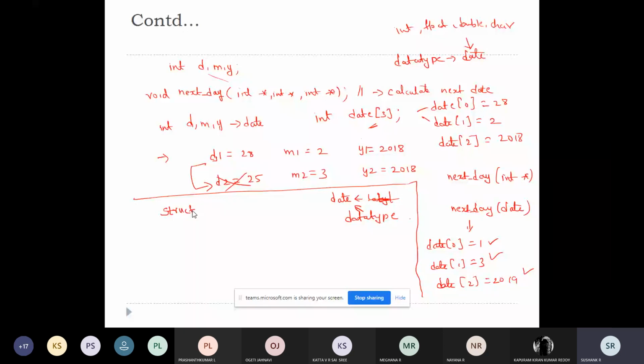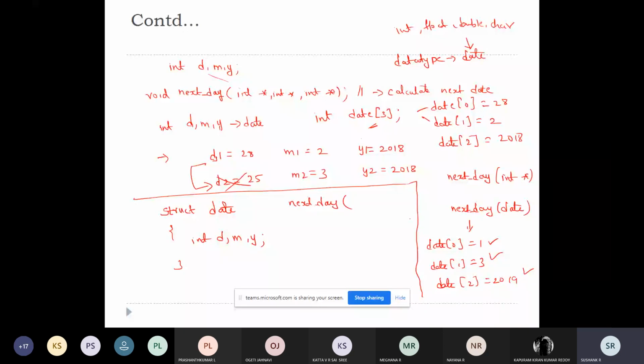And also you know that a structure will support elements of different data types. So you can create your own customized data type with the struct keyword, then the struct name, then the variables. After this, you can even modify the next_day function. It is taking the struct as its parameter.